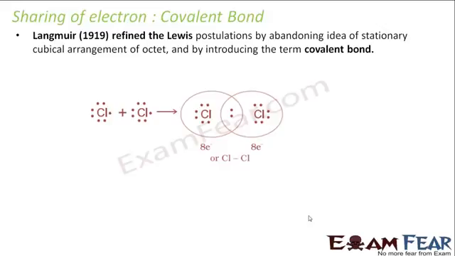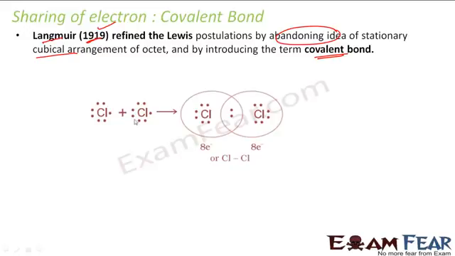Just an example of sharing of electron. This postulation was done in 1919 by abandoning the idea of the cubical arrangement, which I explained. This was a theory he gave, but again this theory was redefined in 1919 by Langmuir, similar to the example of the teacher redefining the theories for the student getting less marks. He told that the covalent bond is formed, and how it is formed is, for example,